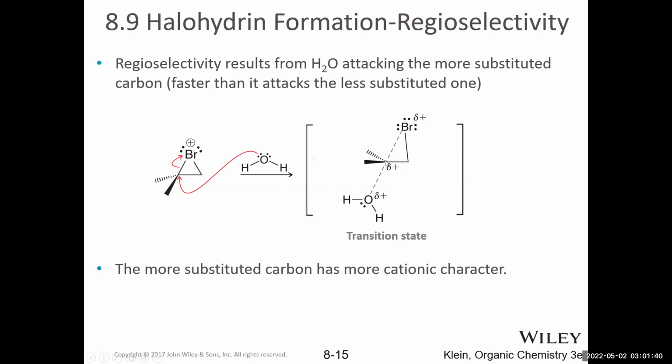That then creates an electrophilic center that attracts the nucleophilic oxygen, and we start to form the oxygen-carbon bond. So essentially, even though this bond appears to be a regular bond, it's significantly weakened, leaving partial positive character on this carbon that's attracting the nucleophile. That's not occurring on the other side to the same extent.